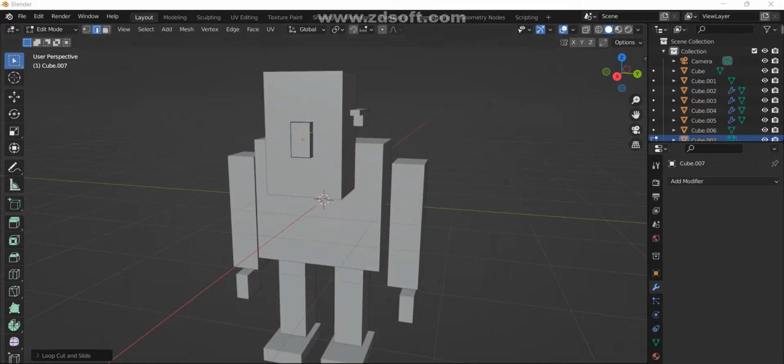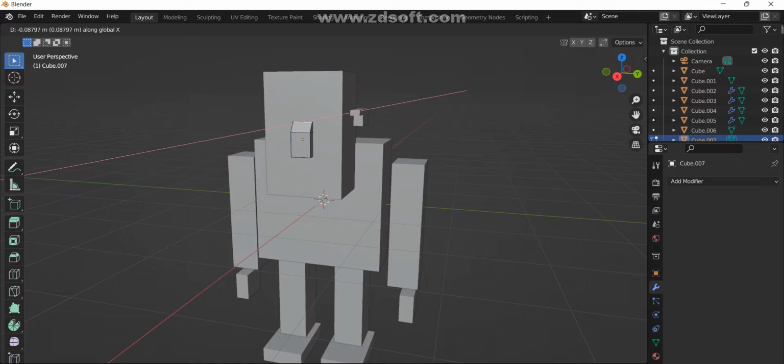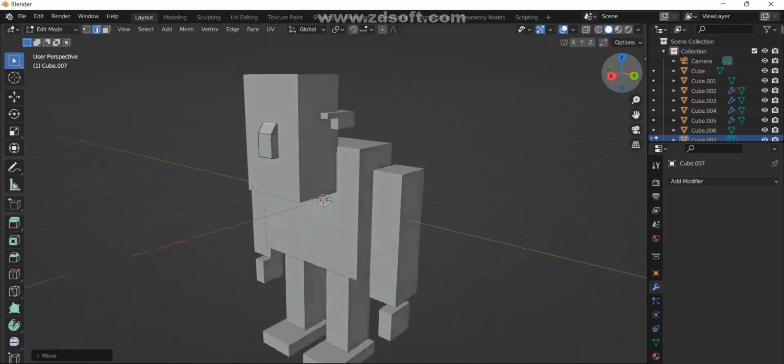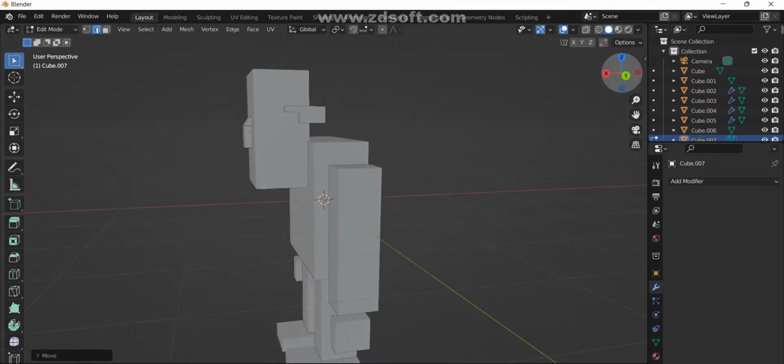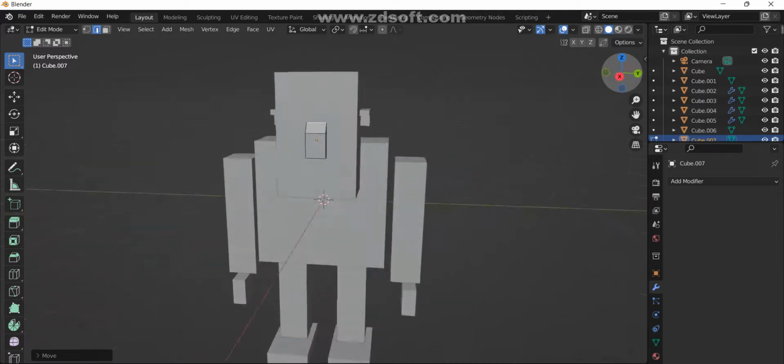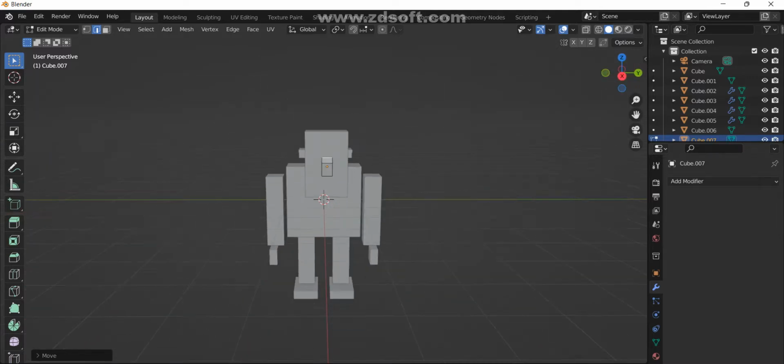Now we will use this edge select mode, and we will make this nose a little bit tilted in X direction like this. Now it's looking more like a nose, so we will make